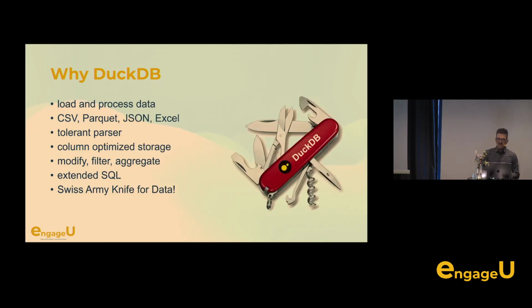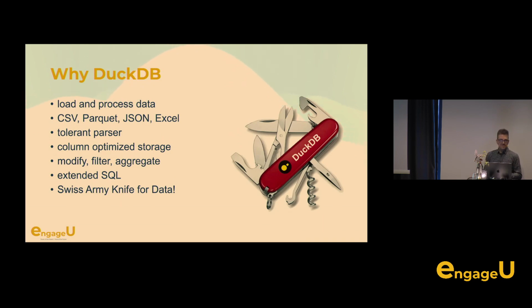So DuckDB can load and process data. It supports CSV, Parquet, JSON formats, Excel files, and many others. There are even some plugins to load other data formats. It has a tolerant parser and one of the fastest CSV parsers in the world. They put a lot of effort into making this engine a good CSV parser, because it's the first problem. If you want to work with some foreign data, you have to get into it,